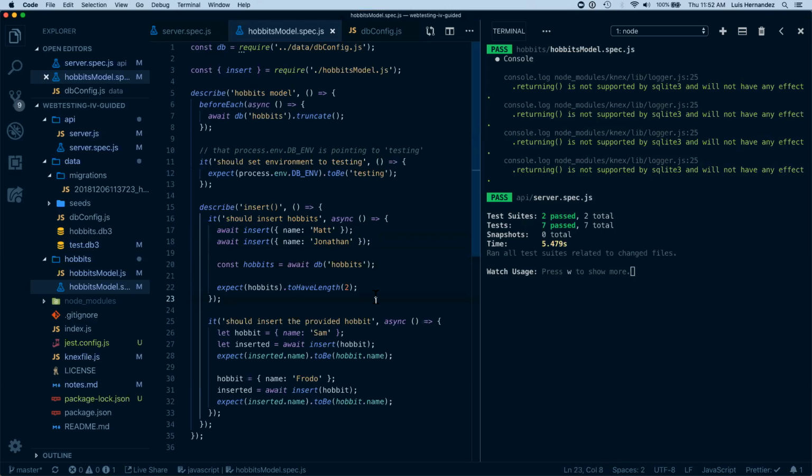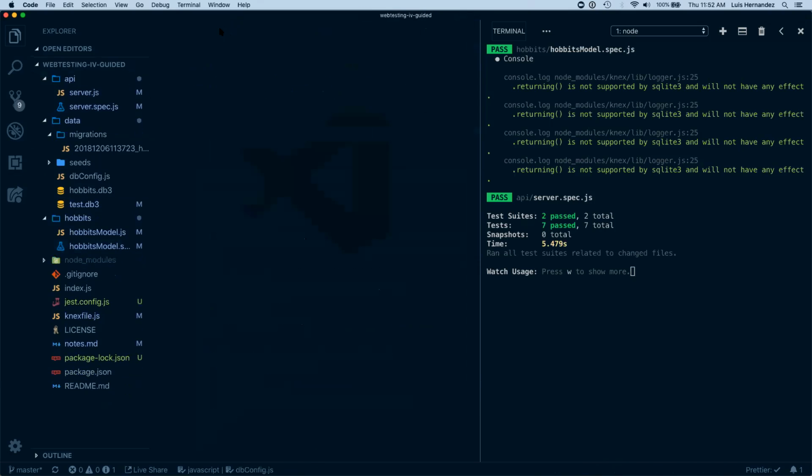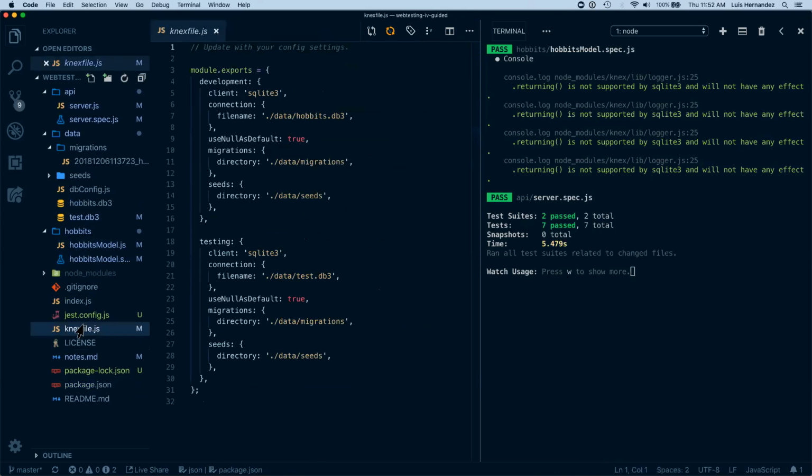Now, the next one is, what if I had a requirement that says this system needs to be on the web? Since you're using SQLite, if you go to production with SQLite, you're going to run into issues when deploying to places where the file system gets wiped. Heroku happens to be one of those. So the first thing we need to do is find a way to set a production environment